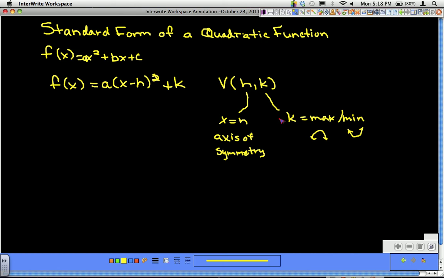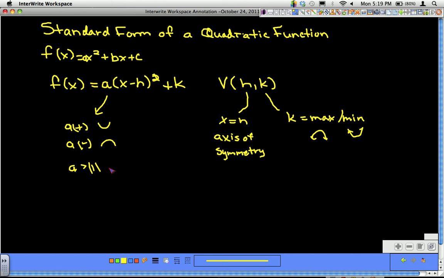Now the other part of this that we need to know, the a value, we talked a little bit about this in one of the earlier videos. When a is positive, it opens up. When a is negative, it opens down. And the other thing that a controls is, as a gets bigger, so as a is greater than 1, or the absolute value of a, because it's positive, if that's the case,